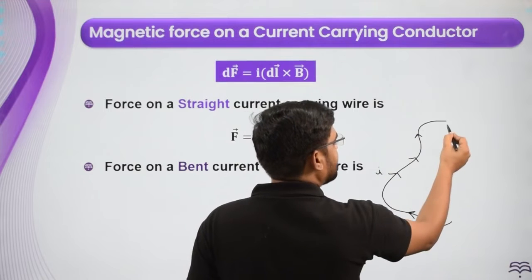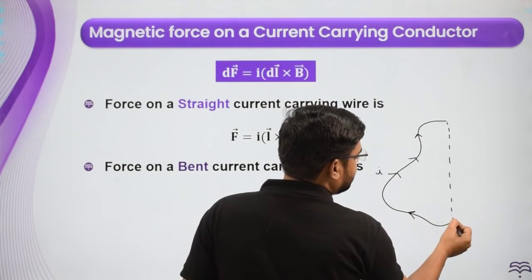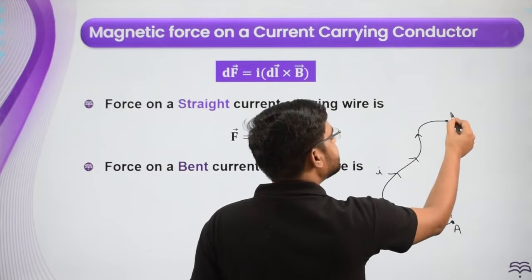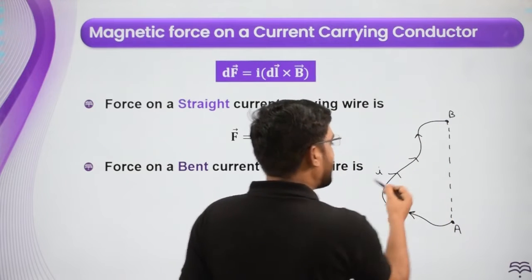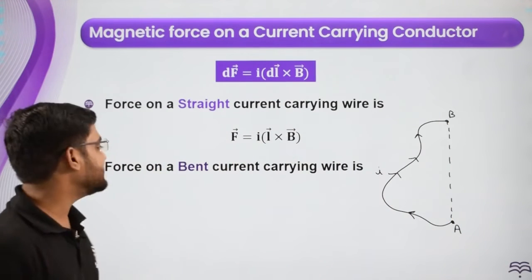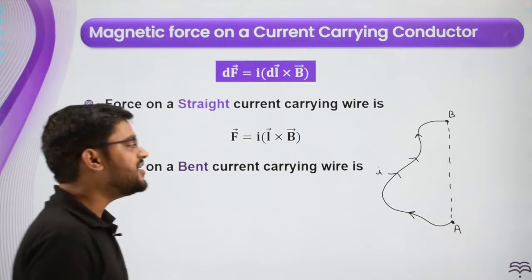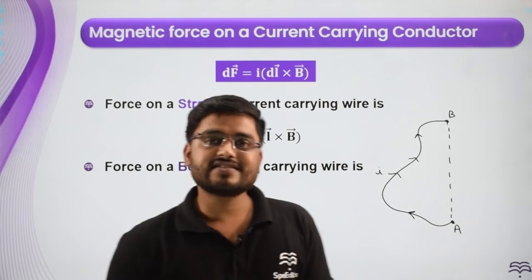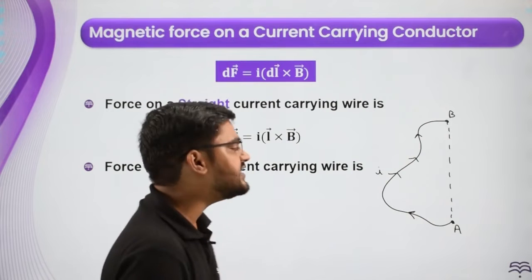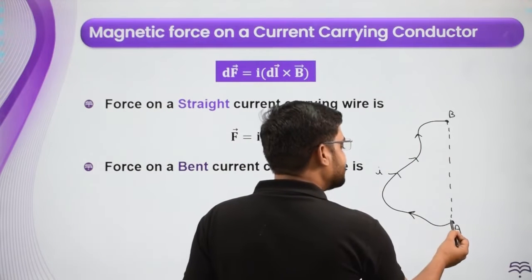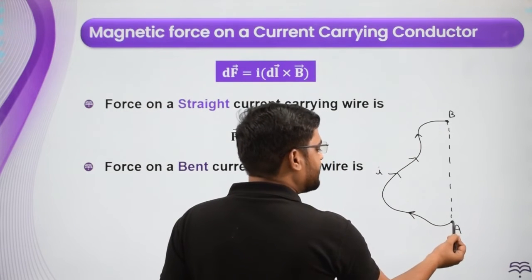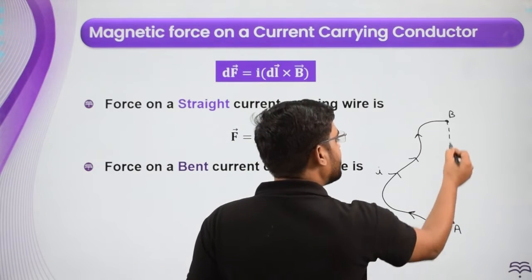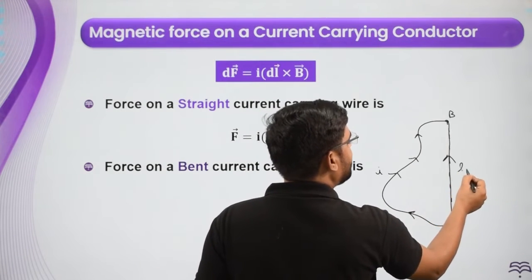Now I will be saying, suppose this is my point A. The wire is AB, and the current I is flowing in the wire. So how much is the force on a bent wire? We'll say the force on a bent wire is also ILB, it's just that we use effective length. What is effective length? Effective length is the length starting from the starting point and ending at the ending point. So this AB is your effective length, and this is the L effective